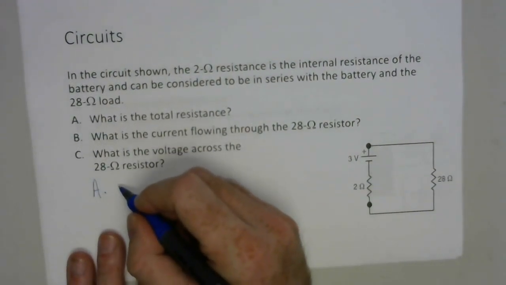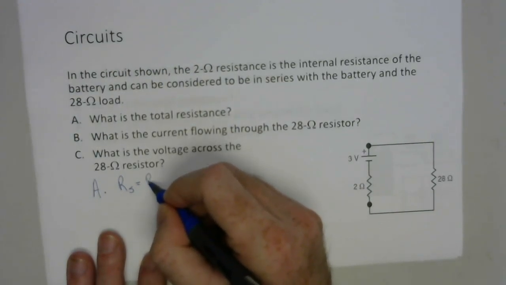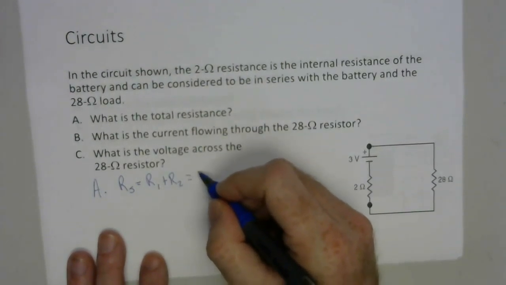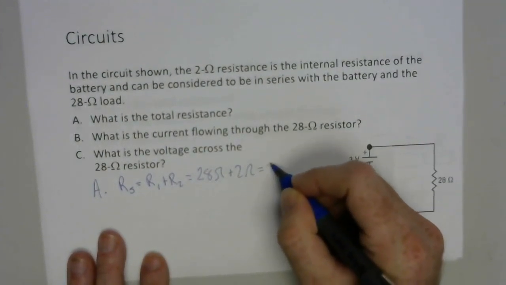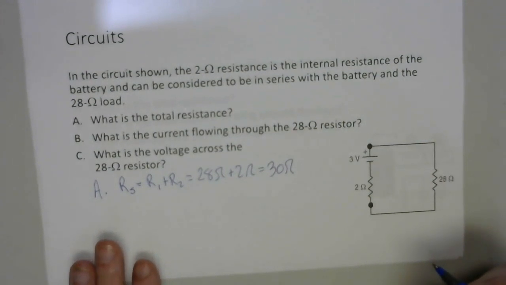For a series circuit, the resistance in series is going to be resistance 1 plus resistance 2. So it'll be the 28 ohms plus the 2 ohm internal resistance for a total of 30 ohms. Now,